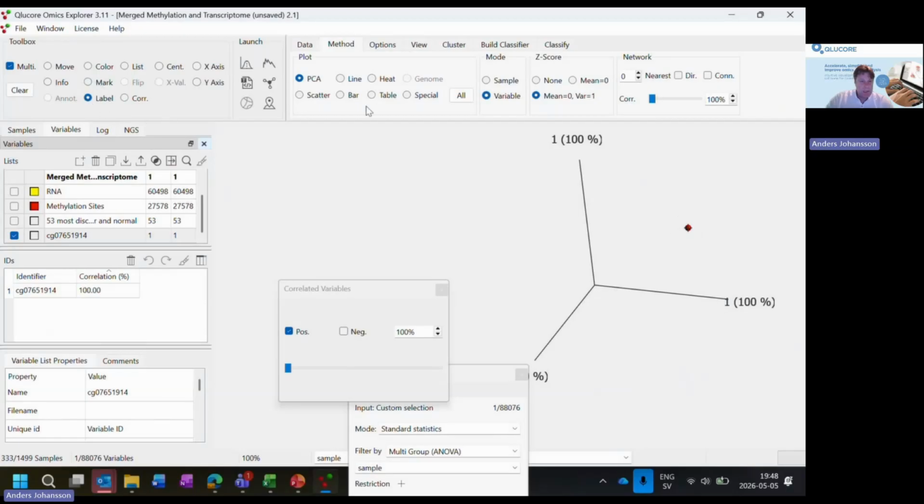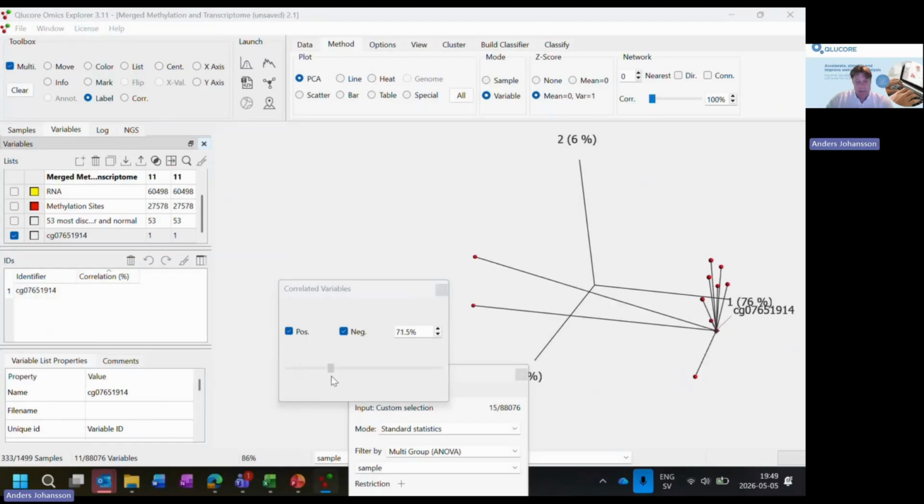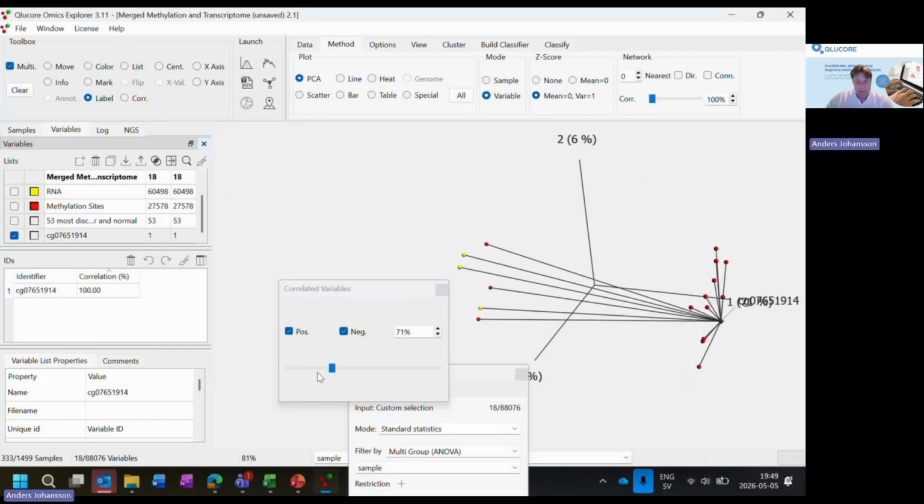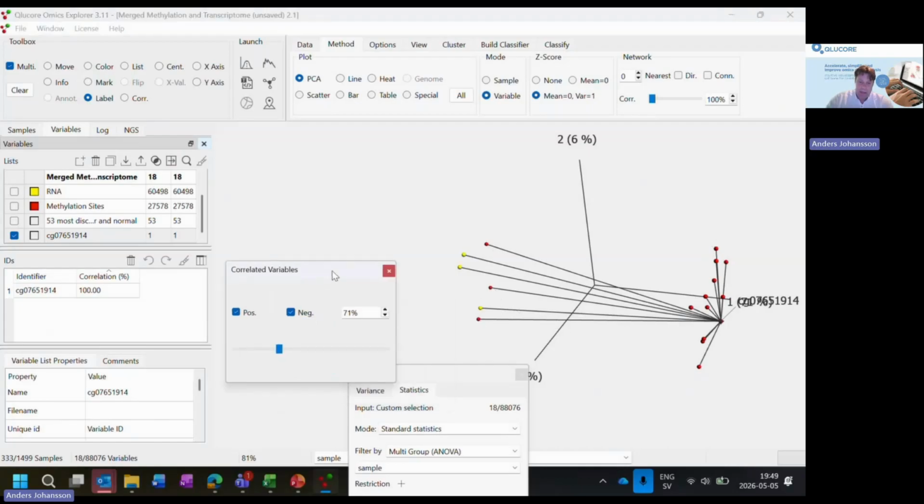Let's check the labeling also so that we're absolutely sure we have the right one. Yeah, correct. And now I want to run both positive and negative correlation study on this methylation island. So I start dragging this one further and further. See now that the first ones that appeared went a little bit too far here. These ones over here that appeared first are positively correlating with the methylation island. Then we see that these dots that showed up here, they are the negatively correlating